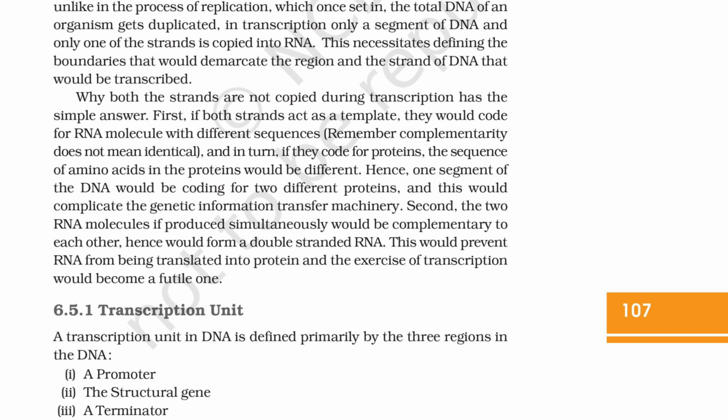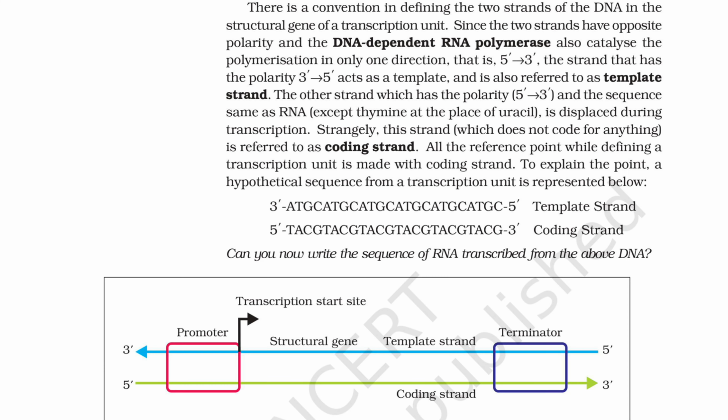Transcription unit. A transcription unit in DNA is defined primarily by three regions in the DNA: 1. A promoter. 2. The structural gene. 3. A terminator. There is a convention in defining the two strands of the DNA in the structural gene of a transcription unit. Since the two strands have opposite polarity, and the DNA-dependent RNA polymerase also catalyzes the polymerization in only one direction, that is, 5' to 3',